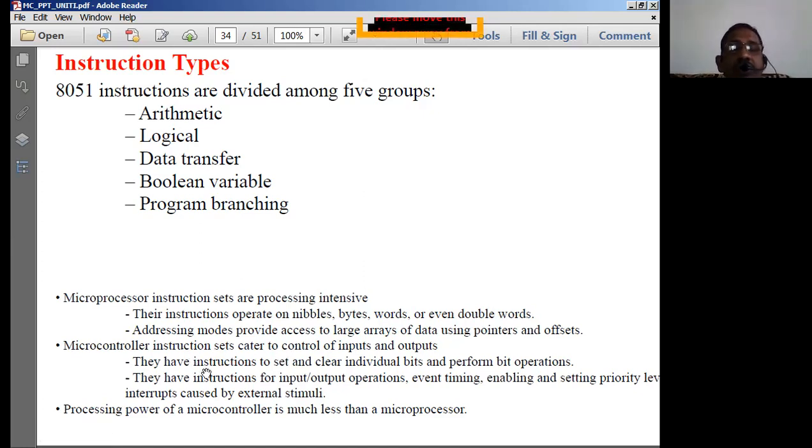On the contrary, microcontroller instruction sets cater to the control of inputs and outputs. Microcontroller based systems are meant for specific applications where we connect to input and output devices, which are hard coded interfacing devices. Therefore microcontroller based instructions are used to set and clear individual bits and perform bitwise operations.